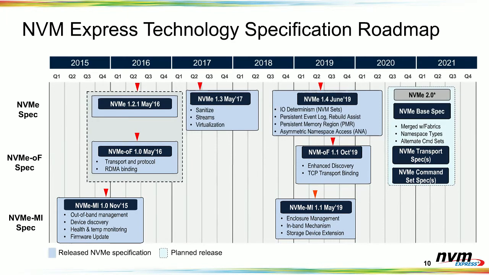And then the transport specs are actually going to be broken out. That's the big new thing in NVMe 2.0 that we're going to do, is break out the PCIe transport and all the other transports, like Ethernet and Fiber Channel and InfiniBand, into individual transport specs. And then you'll have their own command set specs, like I mentioned, for the different command sets like key value, zone namespace, and of course block.